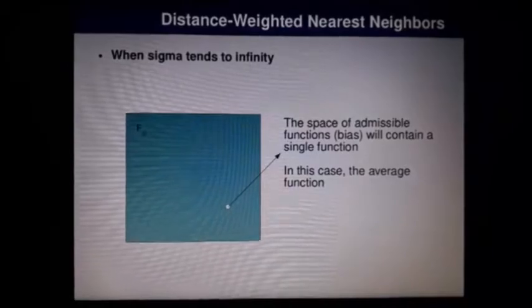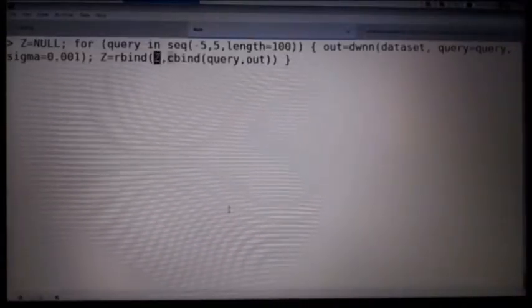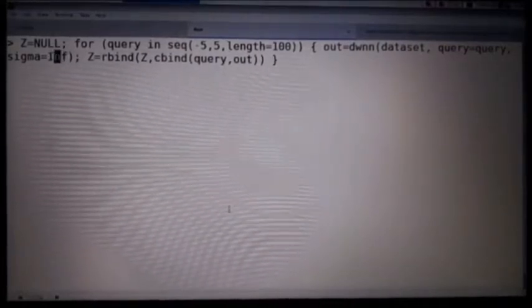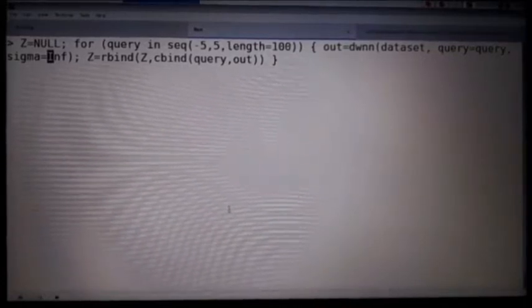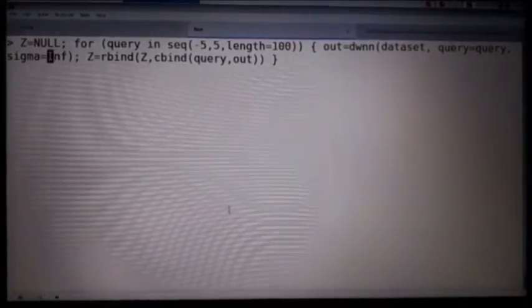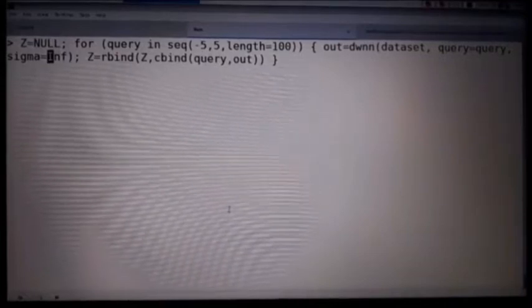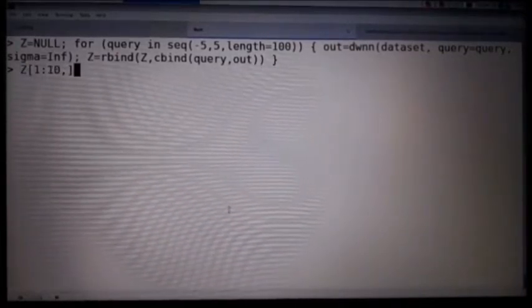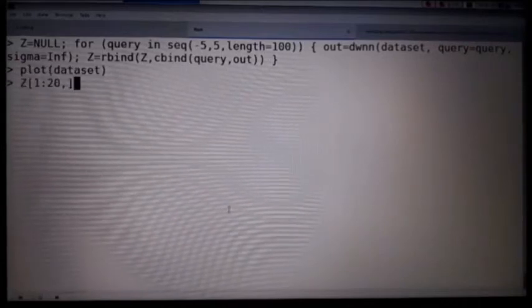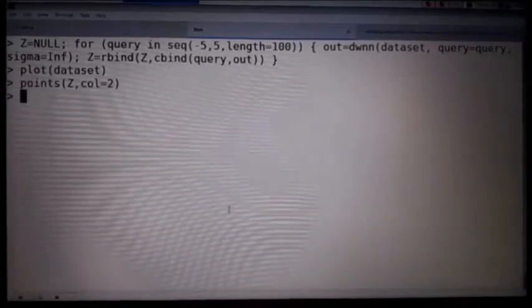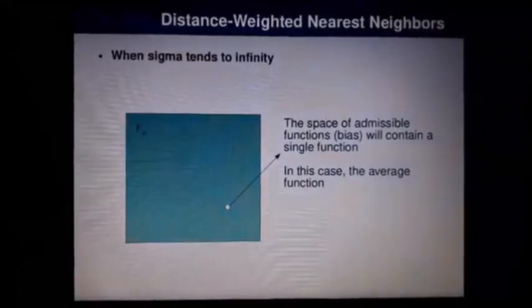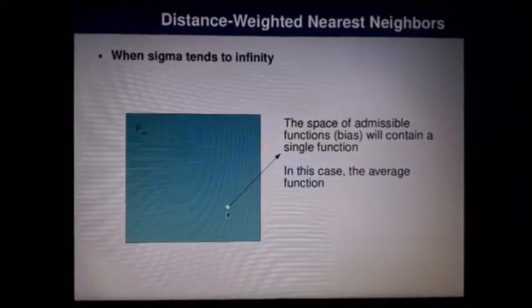Remember, what's very interesting for R is that the mathematics is different because it's got the infinite, and the infinite is defined here. Okay, so if I run with this infinite and plot, you guys are going to see things tending to the average. That's basically a bias containing a single function containing